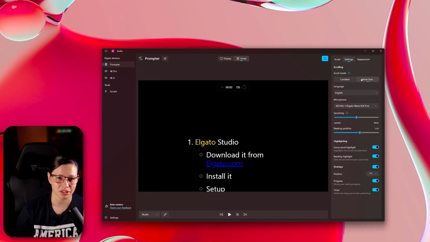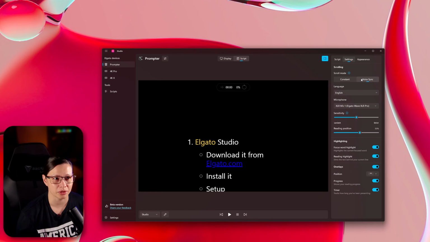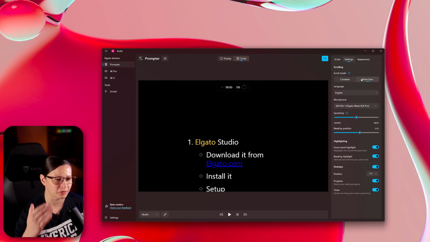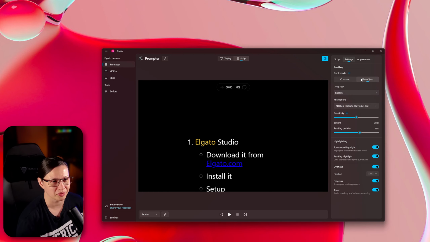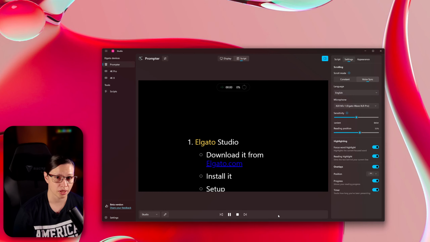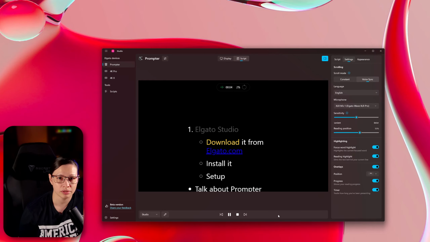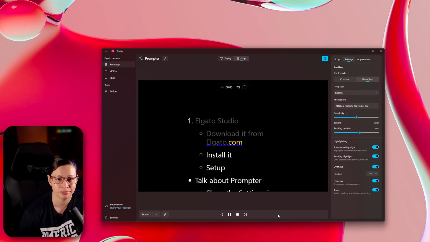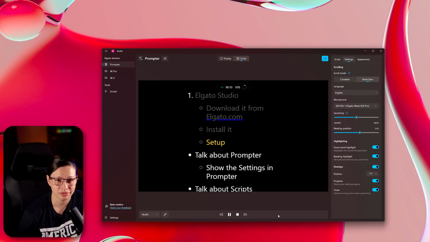My favorite option when it comes to scrolling is actually at my pace. And given that these are bullet points, I'm not going to literally read out all of my bullet points, but I'll read a few, right? Which is pretty cool. You do have to hit play. And when you do that, then I can say Elgato Studio, download it from elgato.com, install it, set up,